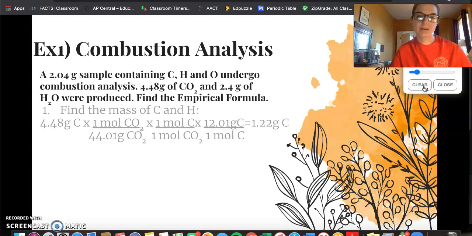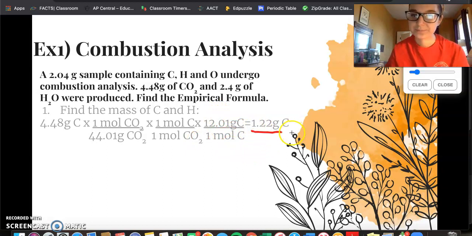Then we're going to find how many moles of CO2 that is by dividing by the molar mass of carbon dioxide, which is the molar mass of 1 carbon plus the molar mass of 2 oxygen. Then we're going to find the molar ratio between carbon and carbon dioxide. So there's 1 mole of carbon for every 1 mole of CO2, and we can tell that by the subscripts. Then we're going to go back from moles to grams, moles of carbon to grams of carbon, by multiplying by the molar mass of carbon, which is 12.01 grams per 1 mole, and we find that we have 1.2 grams